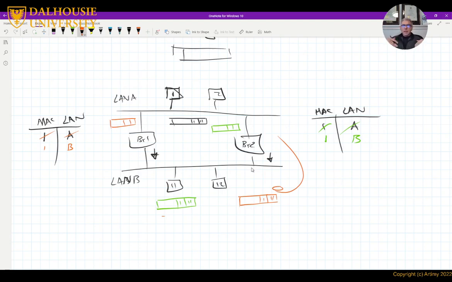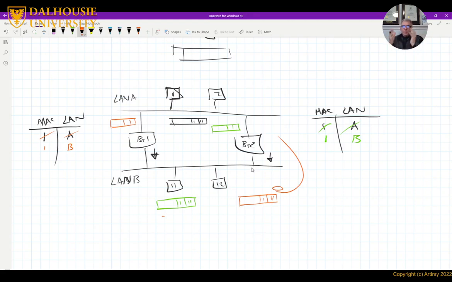So you'll see that every time the frame comes to the LAN, the bridge reads it and thinks, oh, this is a new frame and I don't know where the destination is. I'm gonna send it to the other LAN, and it will keep doing this, and in a matter of seconds, it starts with one frame and it explodes in packets. It will duplicate and duplicate and duplicate.